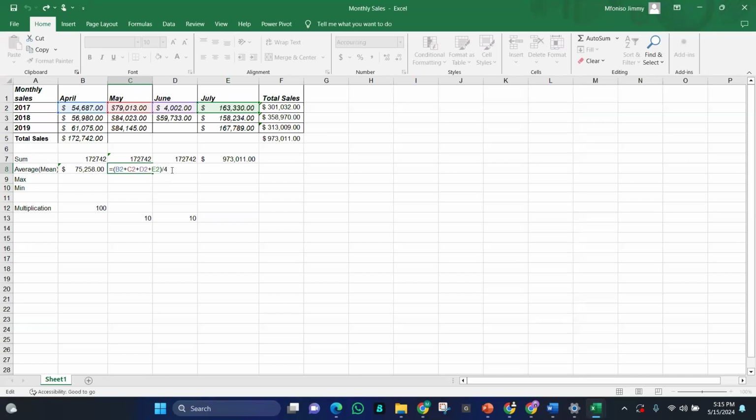Please, whenever you're working with this, have BODMAS in mind, because if you notice, I had lots of wrong values before I got to the main one. So what average does here was to add up April, May, June, and July, then divide it by 4. That was what it did here. You understand that we did not see. So I just wanted us to visibly see what it did. That was why I used this as a formula. This is a function. This is a formula. Have you seen the difference?